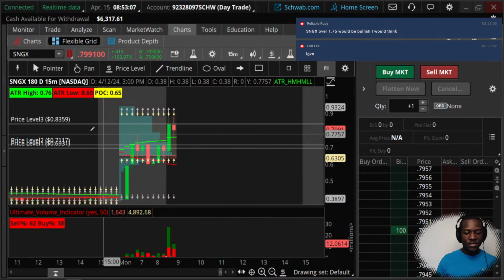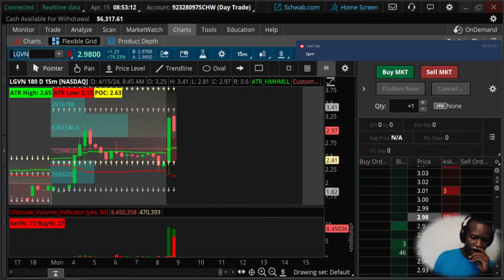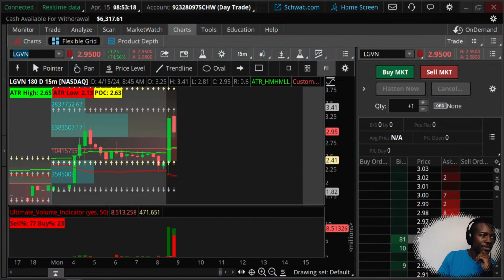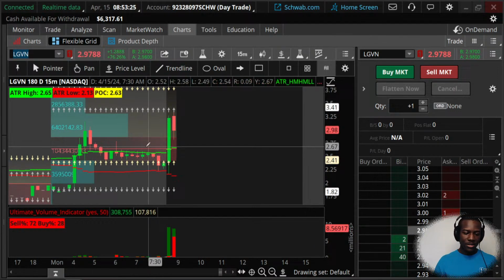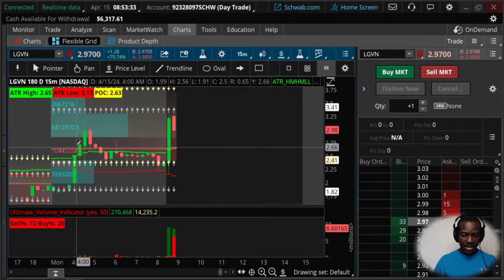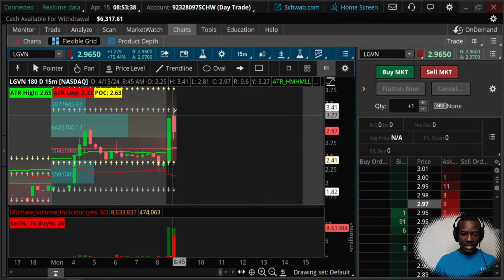Laura Lee called out LGVN. LGVN pumping up here as well, up 76% on LGVN. Okay, let's go look at this one. It is above the ATR high as well. Had some pre-market moves in there from 187 up here to the 301s, came back down and broke the ATR high there,